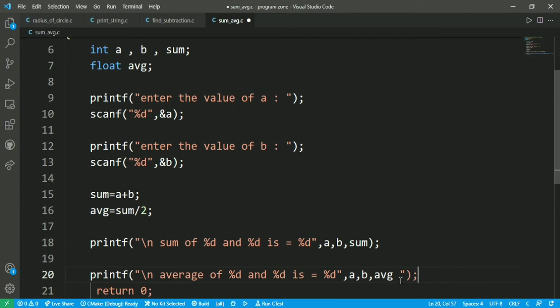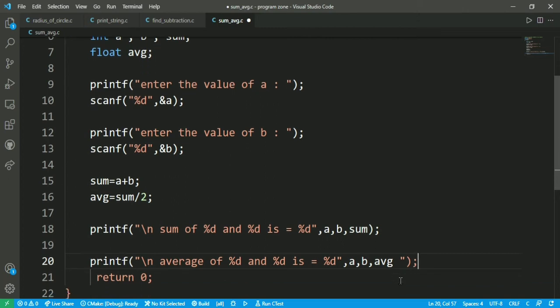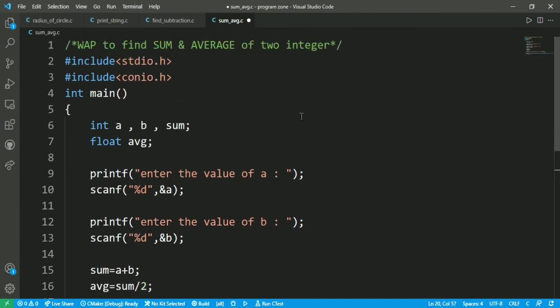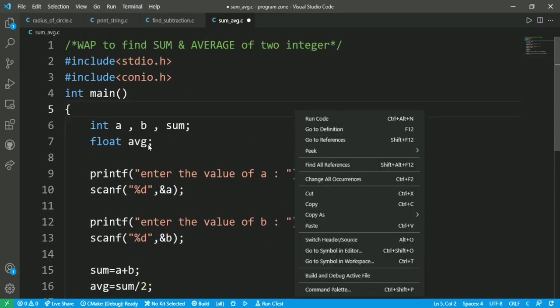I hope it is correct, so let's run the code and check whether it is correct or not.